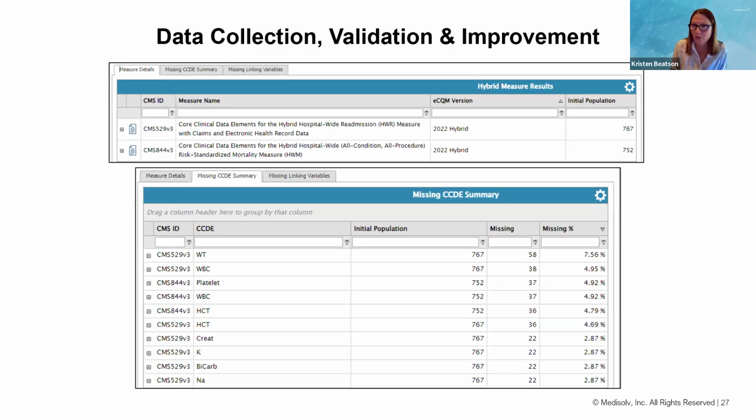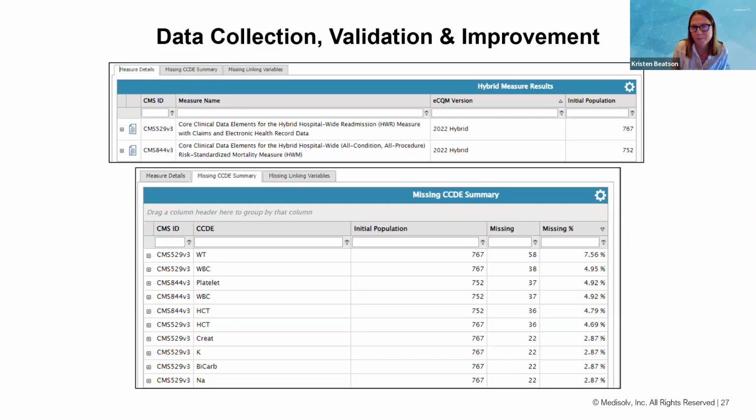So you want to be able to understand how that impacts your data. And that missing percentage is 7.6%. So it's kind of getting up there in the percent missing, and you want to be able to drill down, look at that data, understand the patients that are missing that weight, and start to do some investigation around improvement.